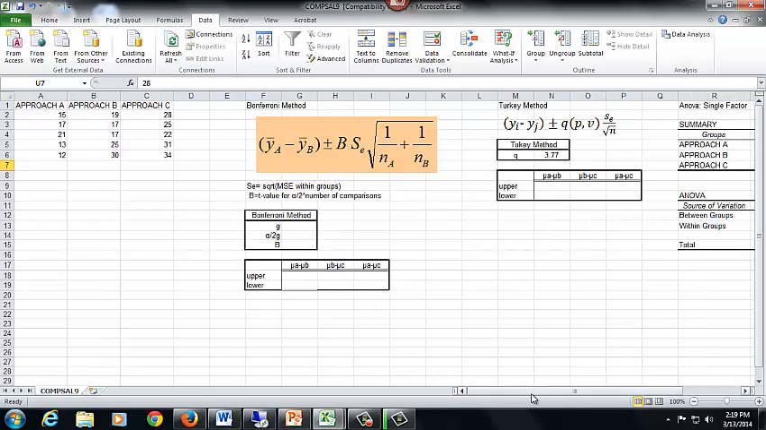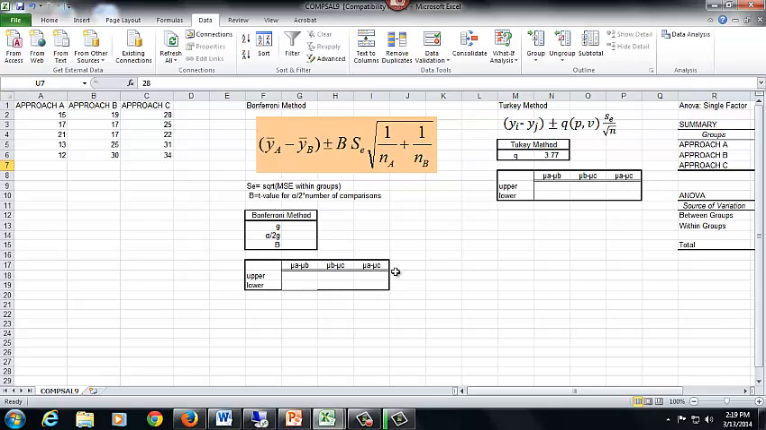Now I'm just generally saying that there is a difference amongst the 3, and it looks like approach C is better. But is approach C necessarily better than approach A? Or is approach B better than approach A? Is approach A better than C? Those kinds of things. So I have 2 methodologies that I'm going to use to test this, the Bonferroni method